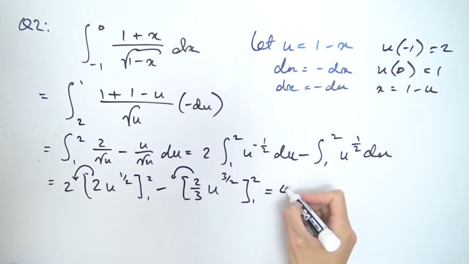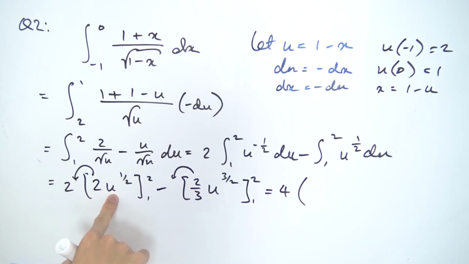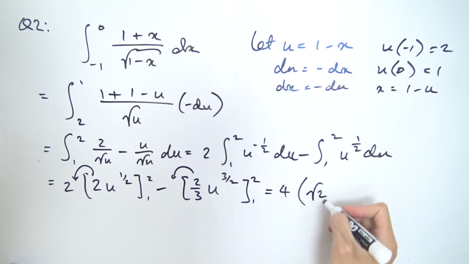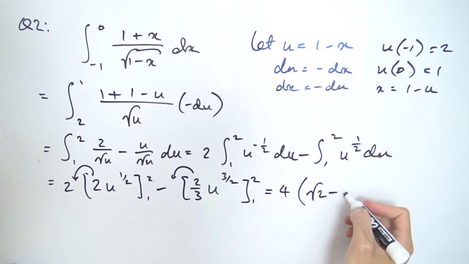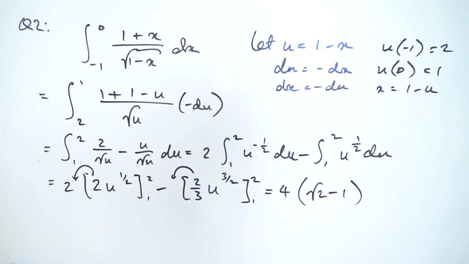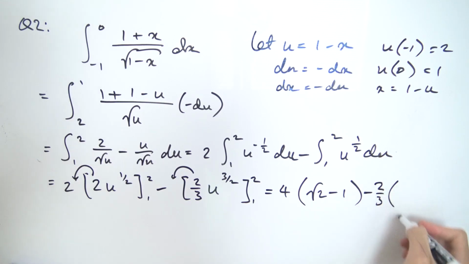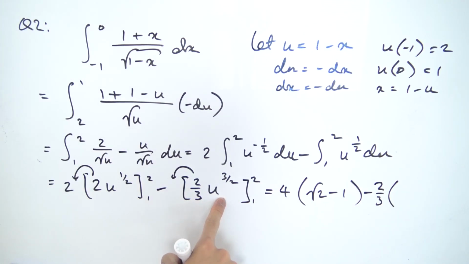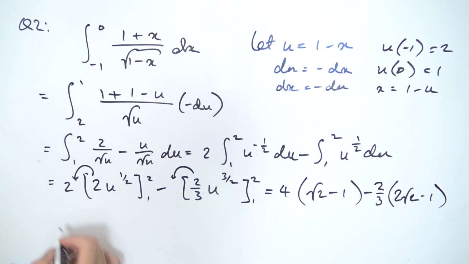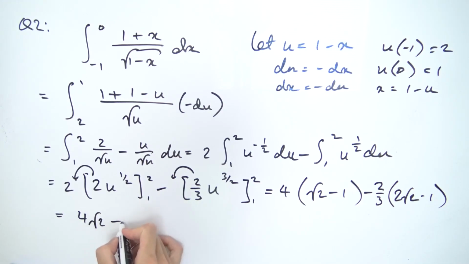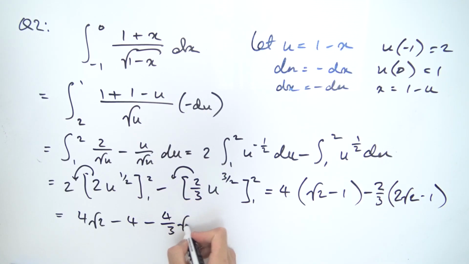So 2 times 2, that's 4. And then plugging in 2 into this square root of u, that's square root of 2. Plugging 1 into here, that's minus 1, because that's the second part of integration. And then we have minus, now we have 2/3. Plugging 2 into here, well, if you take 2 raised to the 3/2, you're going to get 2 root 2, and then plugging 1 into here, well, 1 to anything is just 1, so subtract 1, and now this is going to give us 4 root 2 minus 4 minus, now expanding this out, that's 4/3 root 2, and then